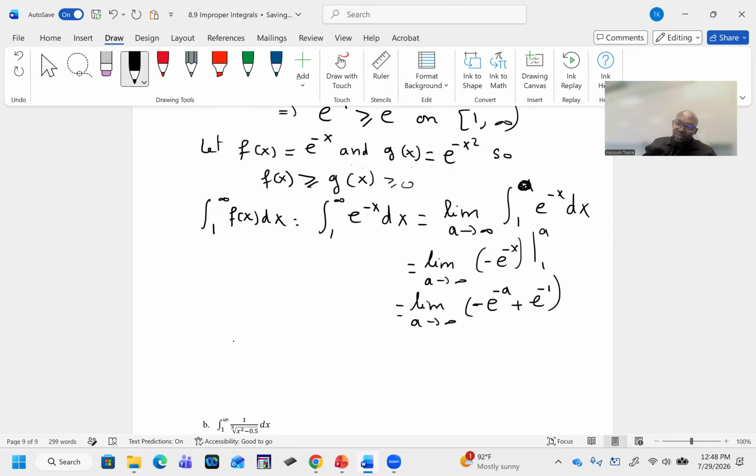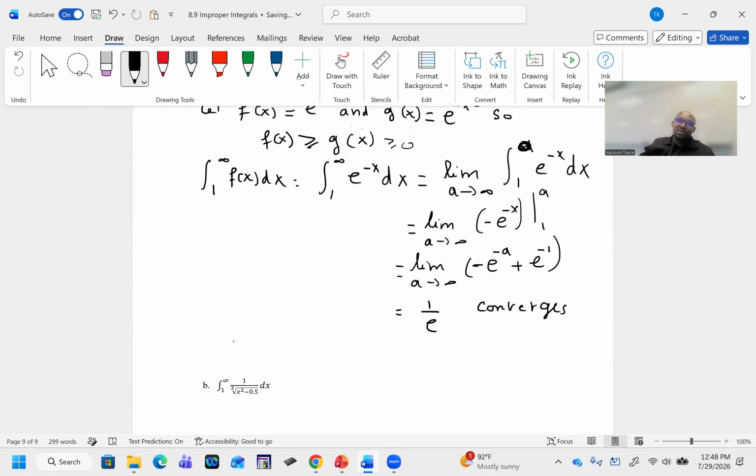And then this will give me what? This integral converges because it will give me 1 divided by e, right? Because if I substitute infinity, e to the power of negative infinity will be 0. 0 plus e to the power of negative 1 is 1 divided by e. So it converges, right? So since f of x converges, I can say, therefore,